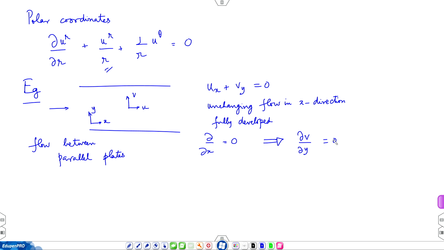So, what will be the solution of this equation? Just that v is a function of x is the solution of this equation. But you can evaluate this function at the walls. At the walls, the transverse velocity is also 0. There is no fluid being sent into the domain. So, you conclude